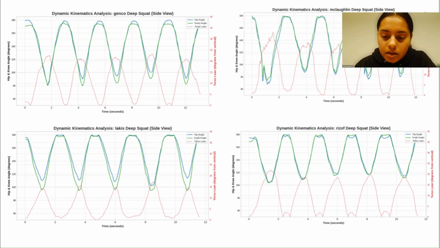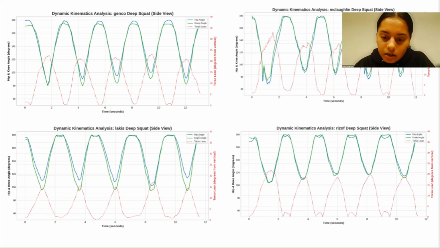Chloe's is also similar to Leah's, where she's having a good movement pattern, especially compared to Jenko. It's a pretty good movement pattern. So again, it's hard to track compensations that the athletes are doing, especially the curvature of her spine. But I still think if I dig deeper into the data, I'll be able to find some results to show that they're making these compensations, because we can see there's some wobbly lines over here for Leah's, and we also see these